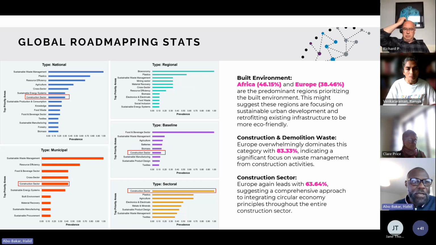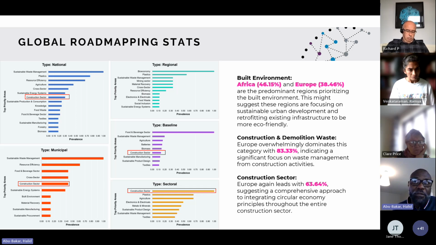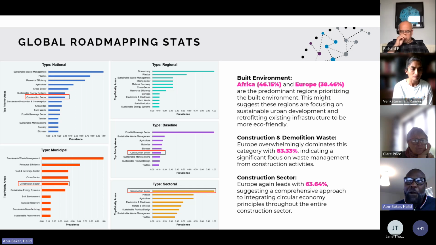Again, looking at the different roadmaps, these are some very high-level statistics with regard to some of the key priority sectors by typology. Like I said before, I identified four major typologies, or types, of roadmaps. So we've got the national, the regional, the municipal. But regional and municipal share similar characteristics, so in the hierarchy, I place them under one. Here, I separated them in terms of the dominant priority sectors or priority areas within each of the roadmaps.